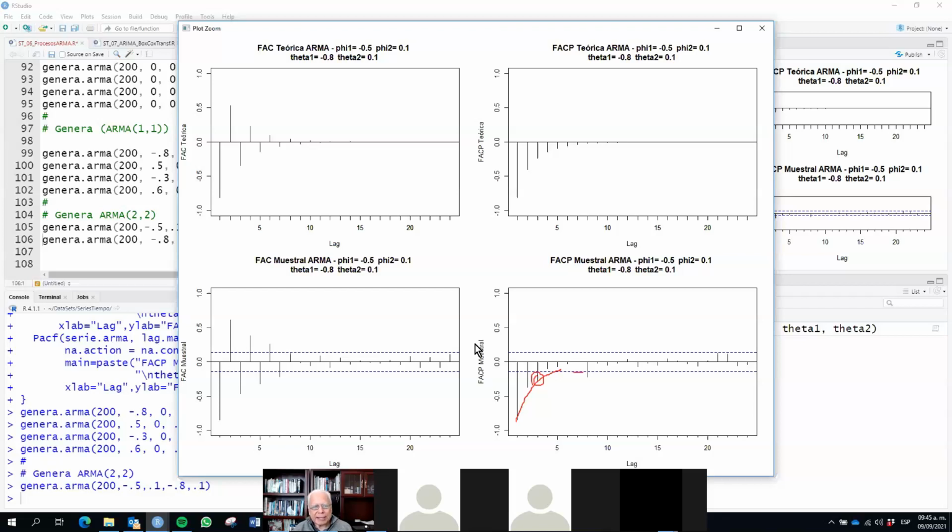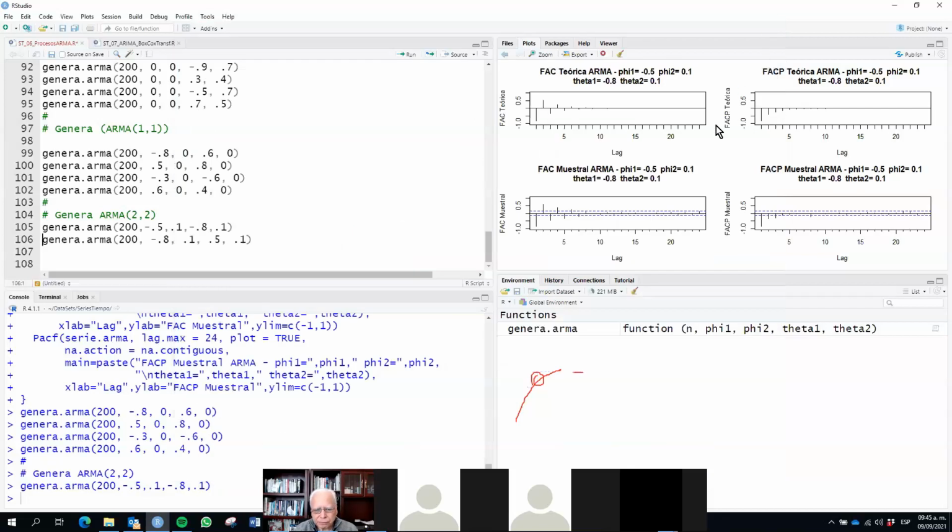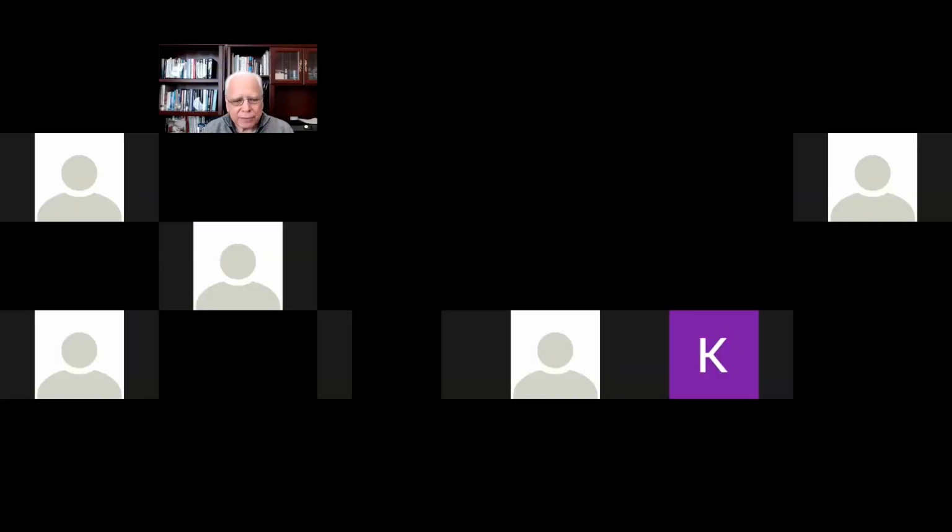So in this case, it's an ARMA 2-2, but you can fit, there are two routes. One, you start with a higher order model and start modifying it until you get a simpler model that represents your series well. So what I would advise you is to take this script and generate